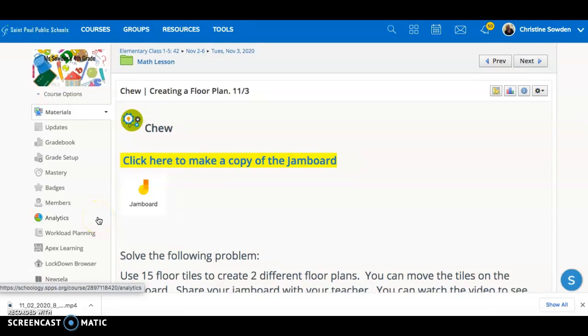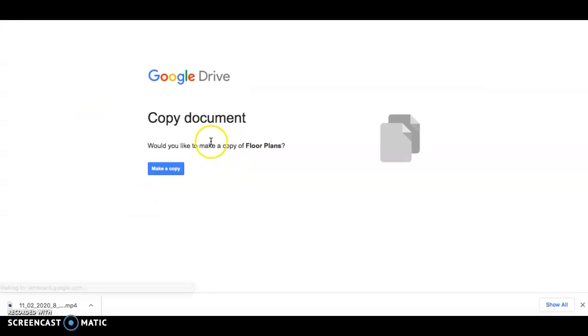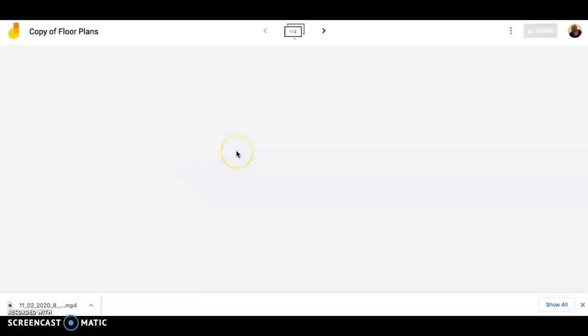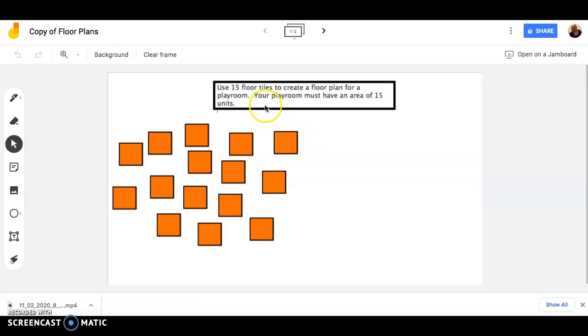Okay, this is a quick little video to show you how to share your Jamboard with me once you're done with it. So you're going to click here to make a copy of your Jamboard. And we've done this a few times now. And on here you have an activity, and it says to use 15 floor tiles to create a floor plan